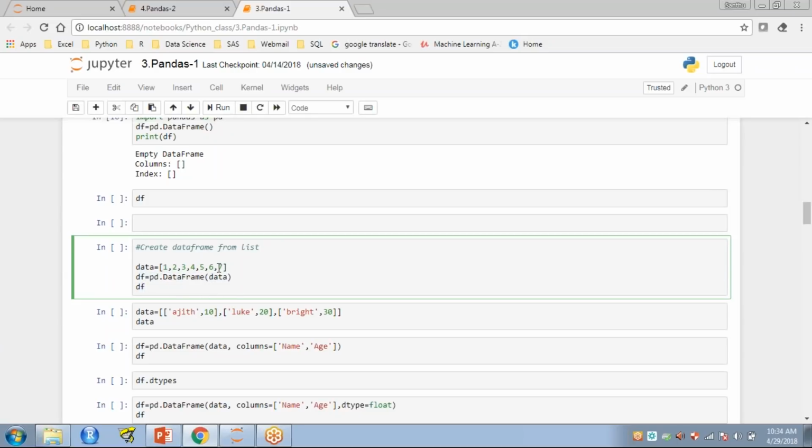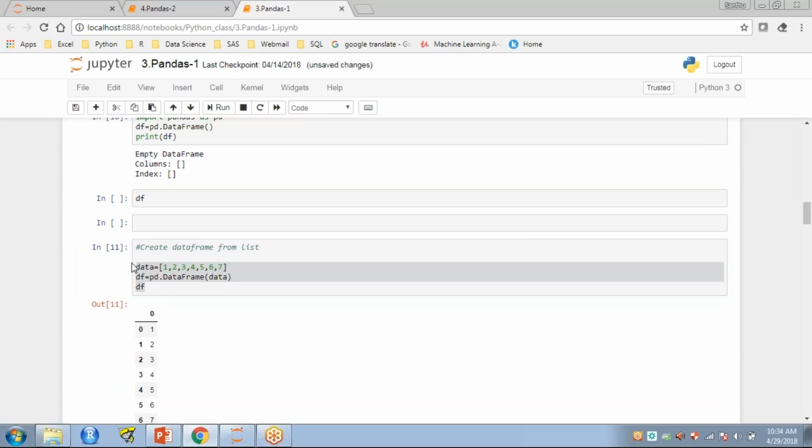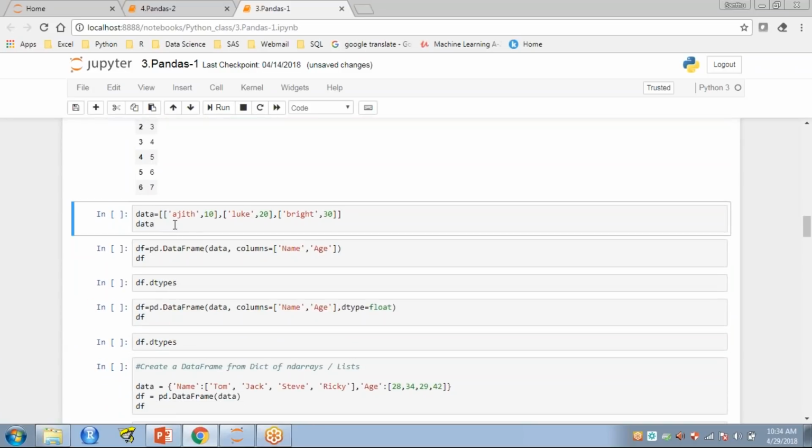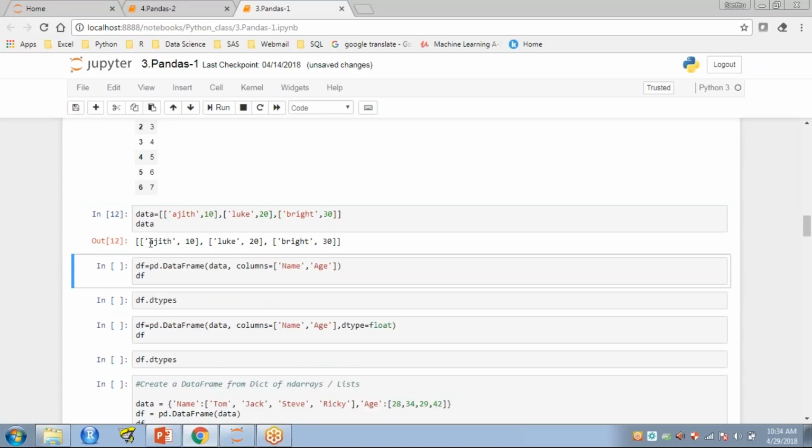Suppose I have a list like this, 1 2 3 4 7, as data. I want to convert it into a data frame. How can I convert this? If you run this, it will be converted into a data frame. Like that, if you have data with a name and a value, this is my data set now, it is in a